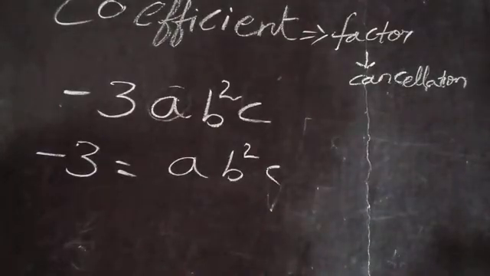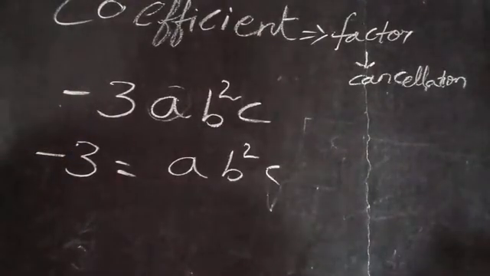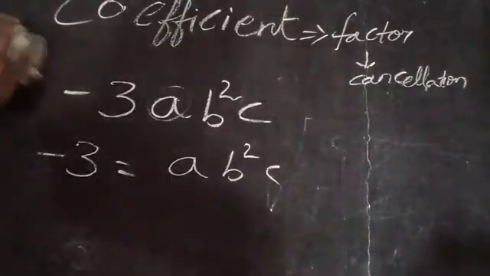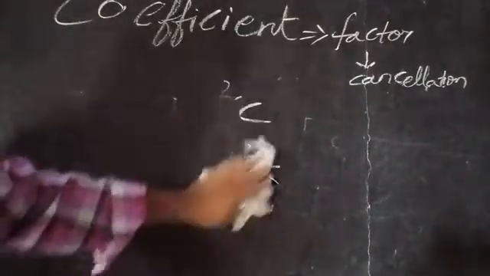So this is called the coefficient. What is called numerical coefficient? The number we are taking is called the numerical coefficient. So this is about coefficient. A factor of the given term is called a coefficient.